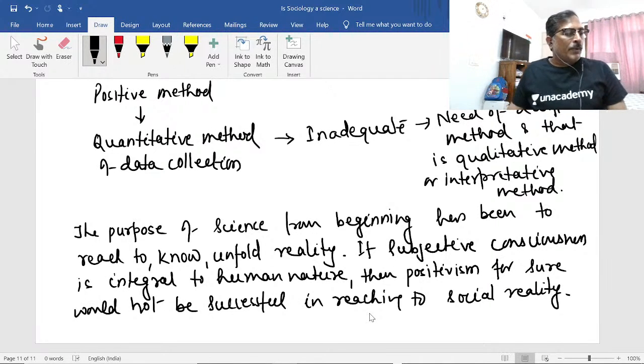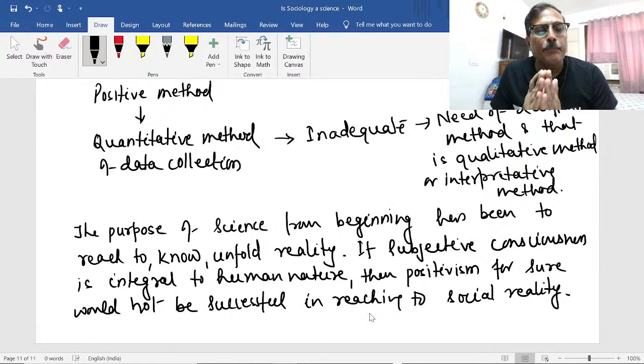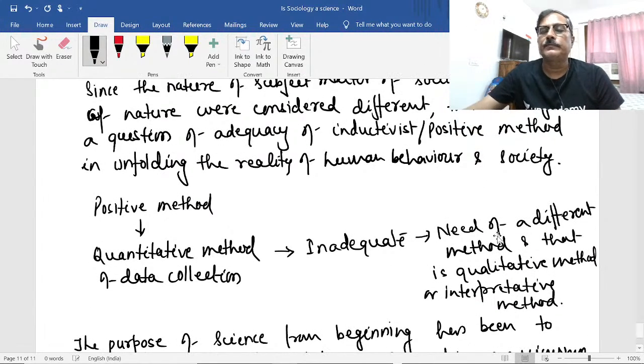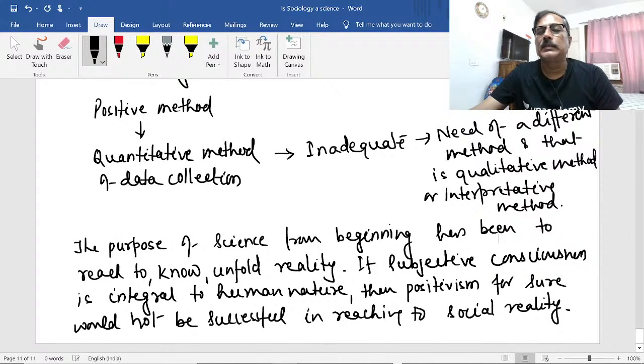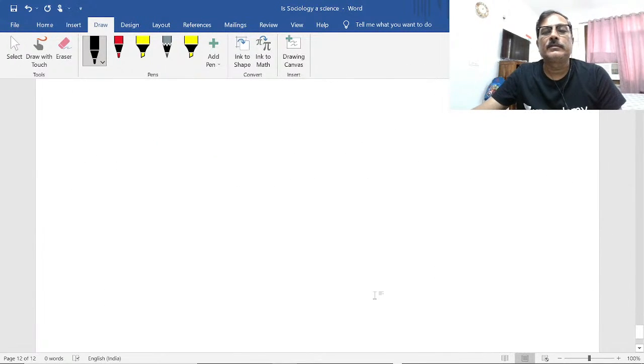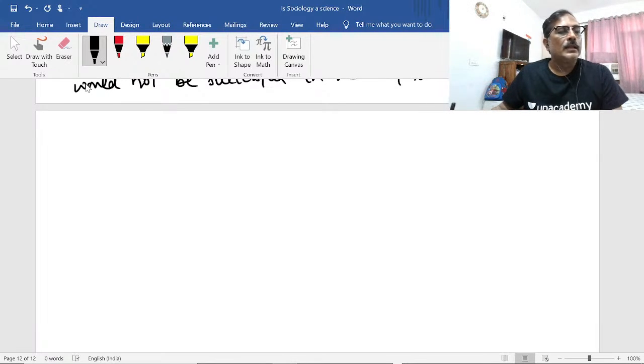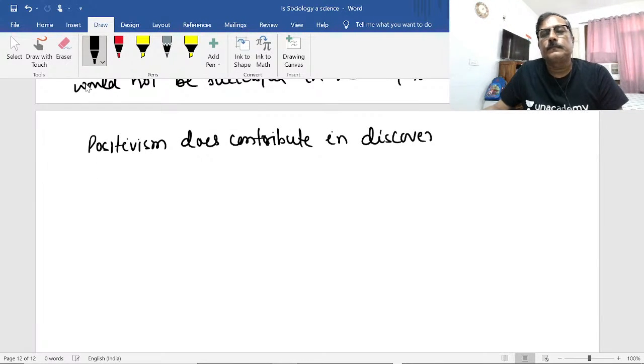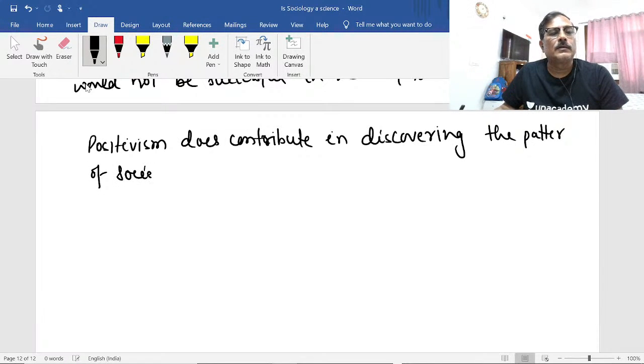So positive method, if you apply only, it forfeits the very purpose of science to discover the reality of the human society, and therefore it should not be called scientific. But here we will not call positive method unscientific. What we'll say, and this is what Weber had said, that positivism does contribute in discovering the pattern of society, if any,